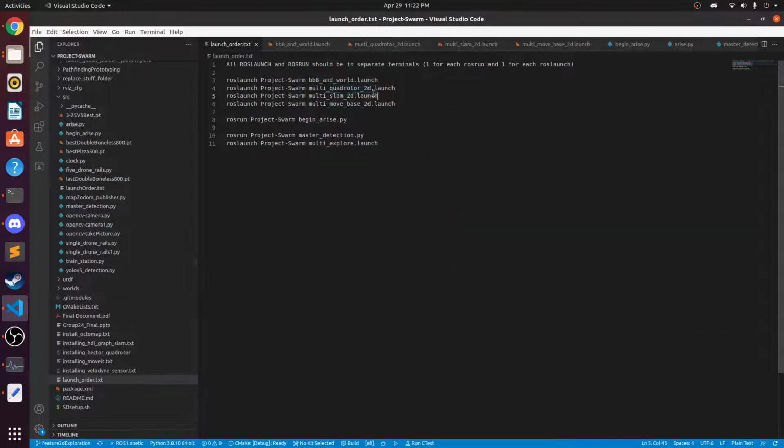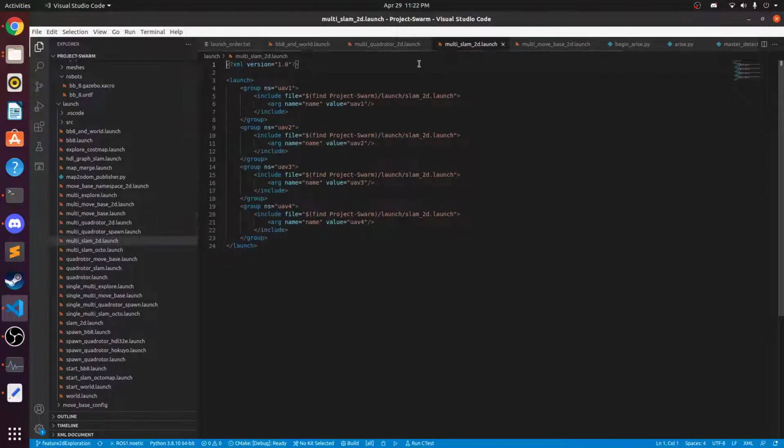Next one is multi-slam 2D. I think that has something to do with SLAM, which is simultaneous localization and mapping. I think it's running a new node for each of them, and each one gets their own map. So basically, what they're doing is, so lidar, if you don't know already,